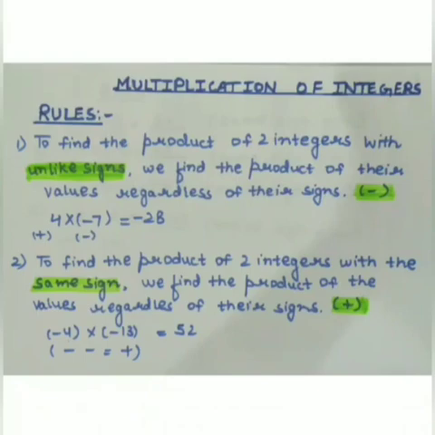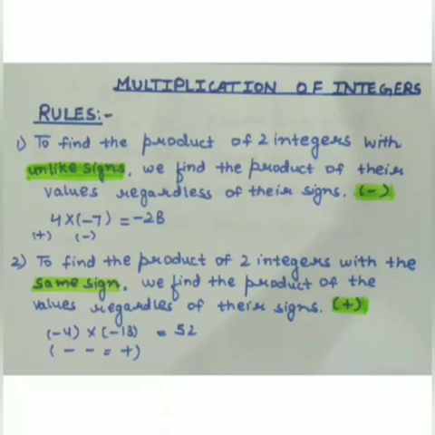We'll discuss multiplication of integers and what rules are applicable. The first rule states that if we have to find the product of two integers with unlike signs, that means one has the plus sign and the other has the minus sign, opposite signs, we find the product of the values regardless of their sign, and we will get the answer